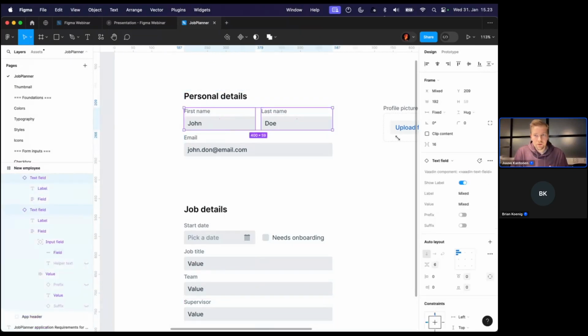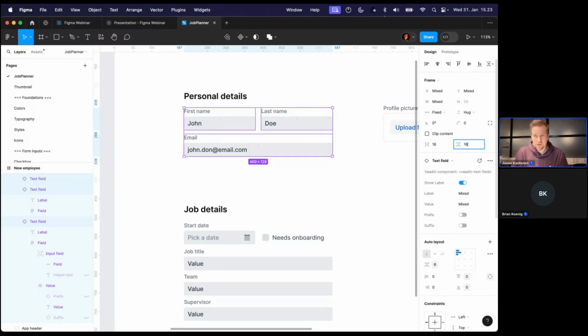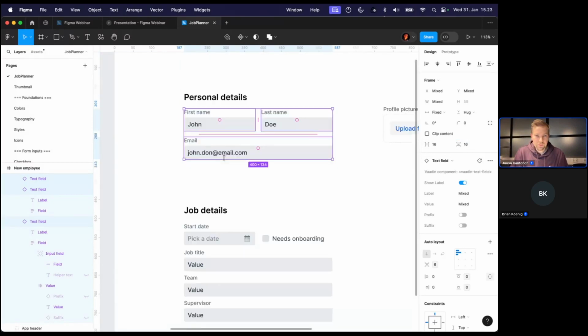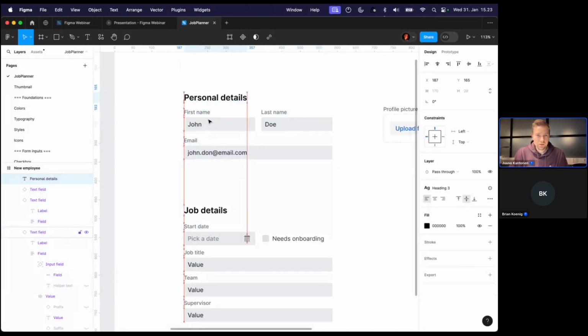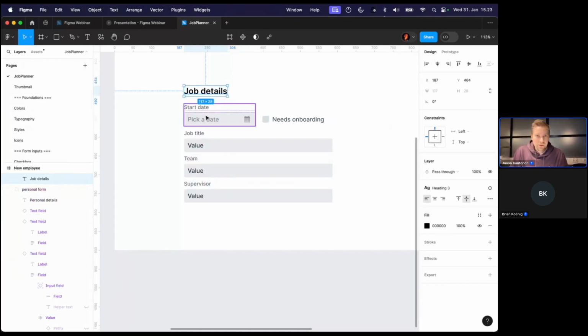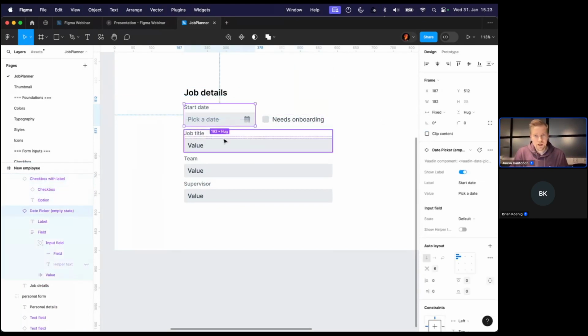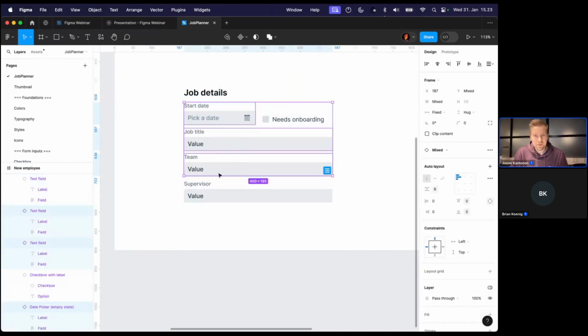Then we can work on the spacing. So now the space between these two is 16 pixels. And this field, we can use this spacing setting in here to have even spacing on all sides. I'm using this on Mac, so holding down Alt shows you these red lines or measurements between the objects. So I'm quite often using those to have a consistent spacing